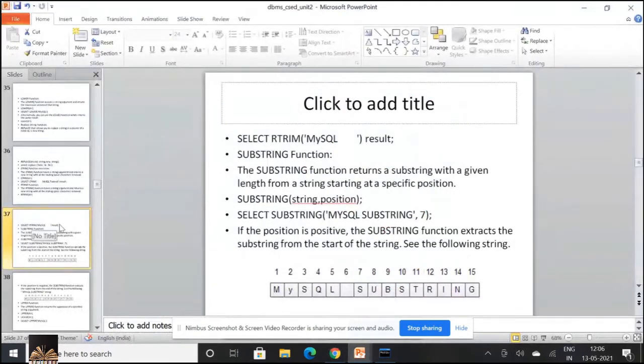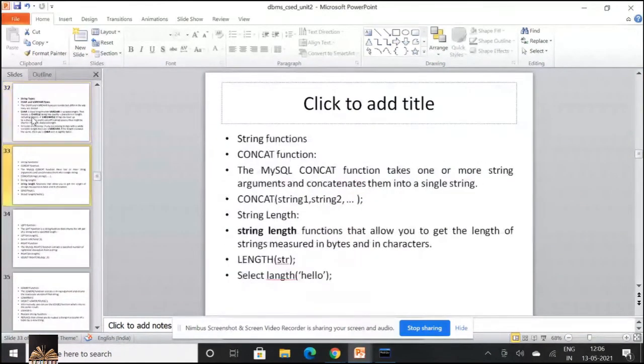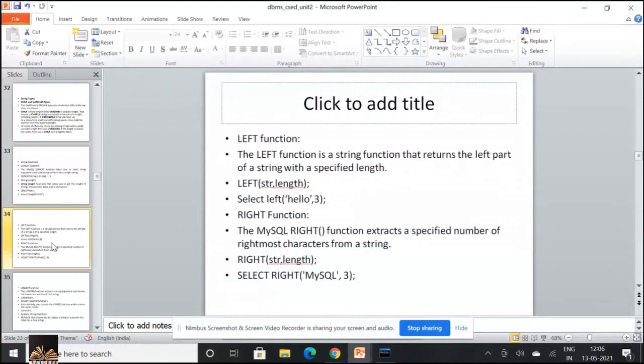Okay, I hope all the string functions as of now are clear. What are the different string functions? I'm just going through that again. Concat is used for concatenating more than one string. Length function gives you the number of characters present in a given string.